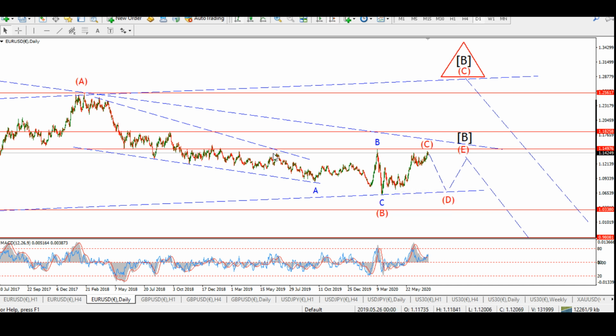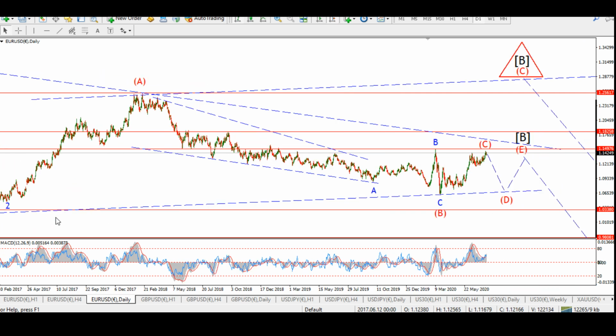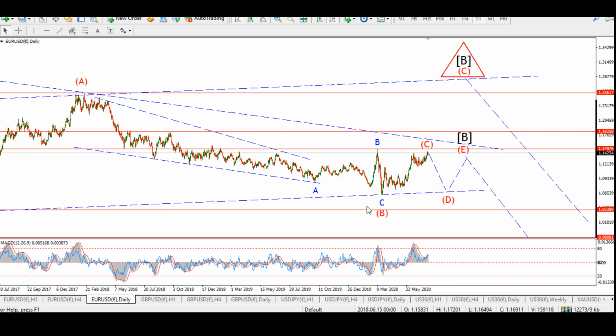Okay, so what are we working with here? Well, I'm working with a long triangle. So A wave up, B wave down into the recent low back in March, C wave up, D and E. So a long, drawn out triangle B wave. Now the high of wave A is up at 125.60. I don't think we get there, but that does allow a lot of headroom for wave C to extend into a larger 3-wave pattern. Given the fact that we've already topped out and are dropping in daily RSI, let's go